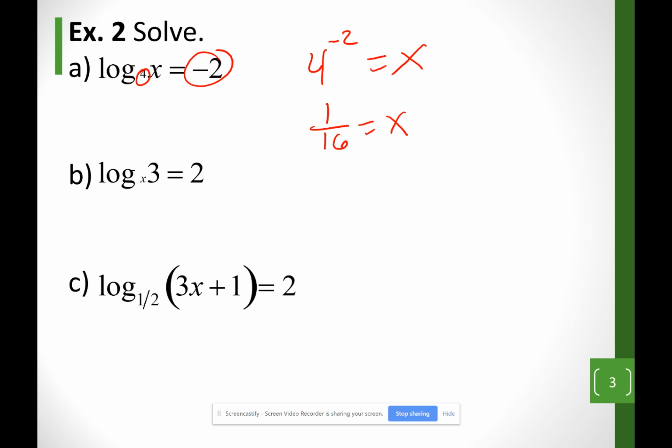Looking at my example B, let me write it in exponential form. x to the second